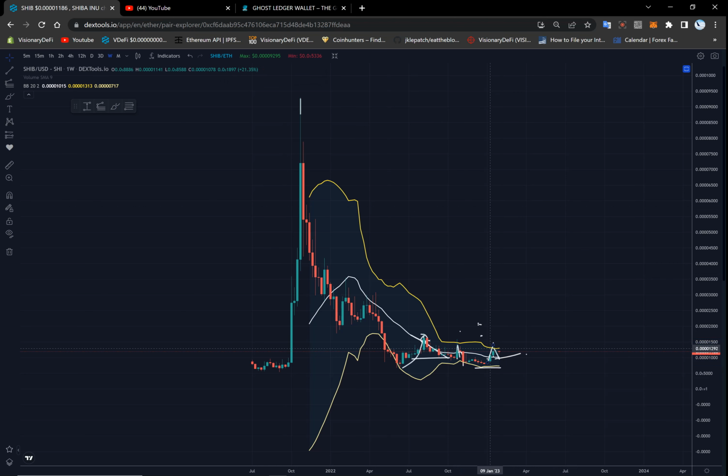Okay, we gotta end this soon, guys, because the video is getting a little bit long. So you see price did close above the moving average. So it's going to retest it within the next few days on a 3-day chart. And once it retests, if it doesn't break below the support, then we will expect